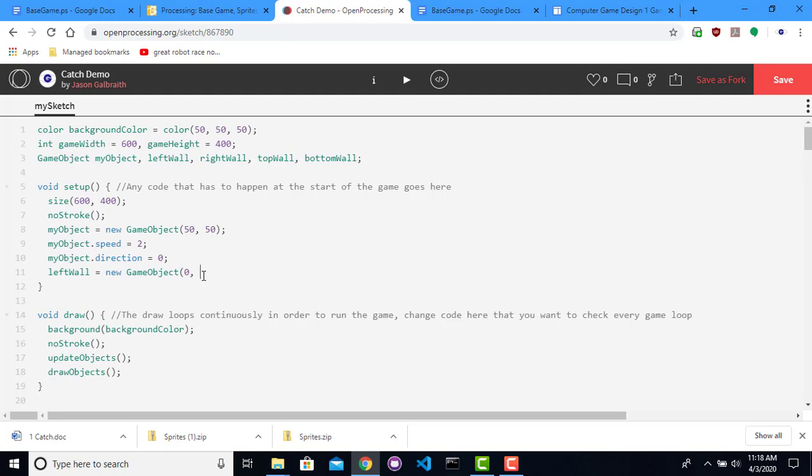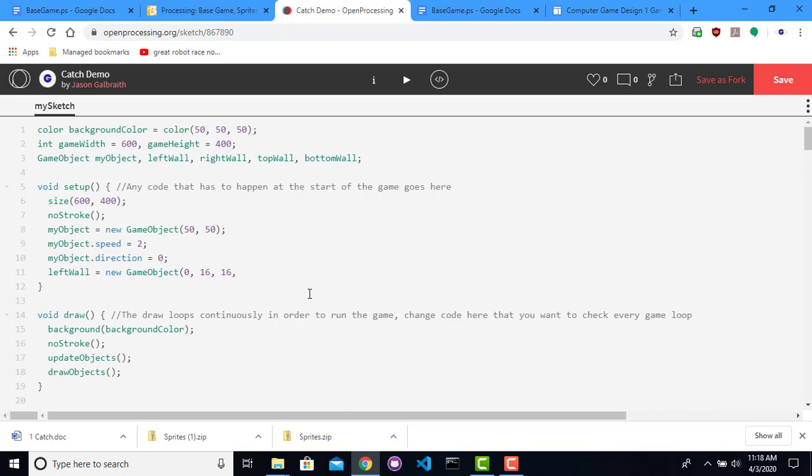I'm going to make my walls 16 wide or thick, depending on how you look at it. So I'm going to put this 16 down on the Y before I get to it. And then I need to tell it the width and the height. This one's going to be 16 wide, and if it's going from top to bottom, it's basically going to be this 400 tall, except that I'm already 16 down. So it's going to be,